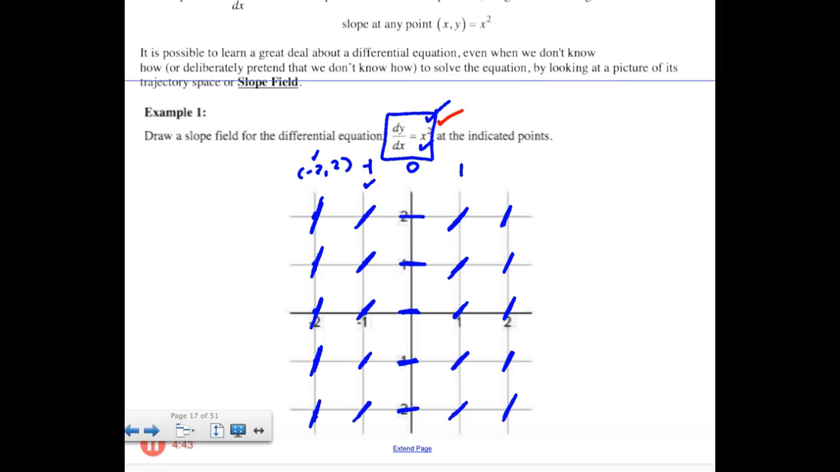Now I could have gone out forever and I could have made my tick marks smaller and gone by halves and had more tangent lines in here and filled in the grid, but suppose I were to go through 1, 1 and draw the particular or specific solution. Again, when I do the general slope field, I get a visual of all solutions to the differential equation, and they all differ by some constant, and on this one that constant causes vertical